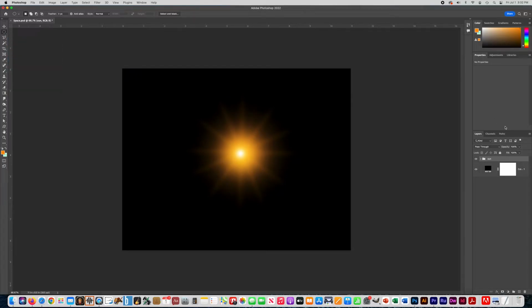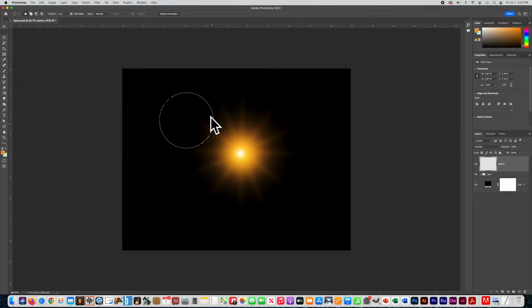All right, so we are going to start the planets. Let's click this here and make a new layer. I'm going to call this planet Saturn and go over here to the elliptical marquee tool and click somewhere in this area is where we're going to build Saturn. So click here and hold the Shift key to keep it perfectly circular. Otherwise you'll have an egg-shaped planet. We don't want that. So draw a circle about that big,